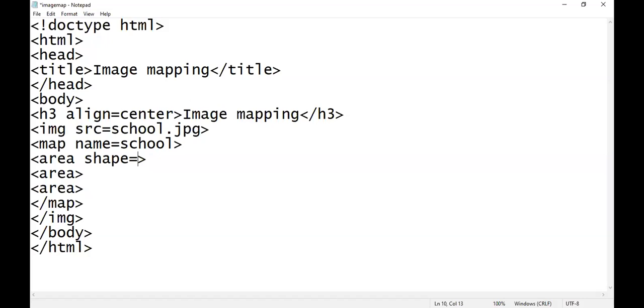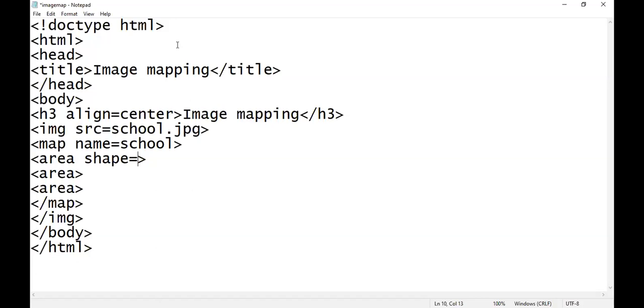Now, if I want to create a rectangular shape, what value do I have to assign to the shape attribute? Give me the answer. What value do I have to assign to the shape attribute in the area tag?